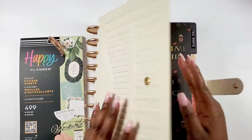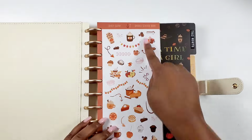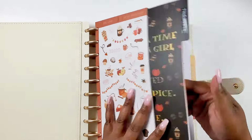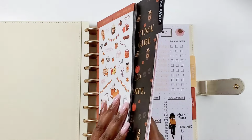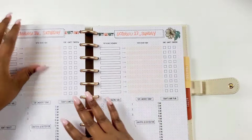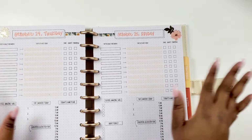So right now, y'all, this is my fall setup. I did set this up on the channel and everything. Y'all, I'm saving these stickers for like November because it has all the pies and stuff on it. So let me flip to this week. Let's see. And y'all know, I pre-decorate my planner a little bit,